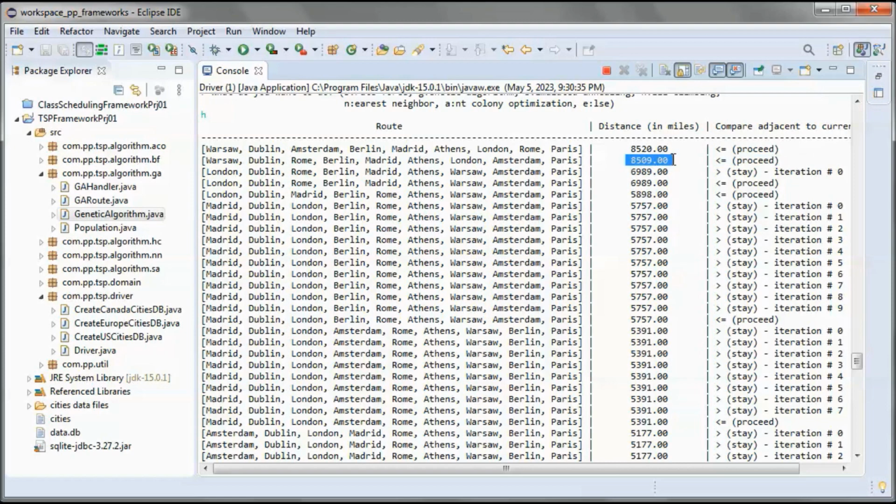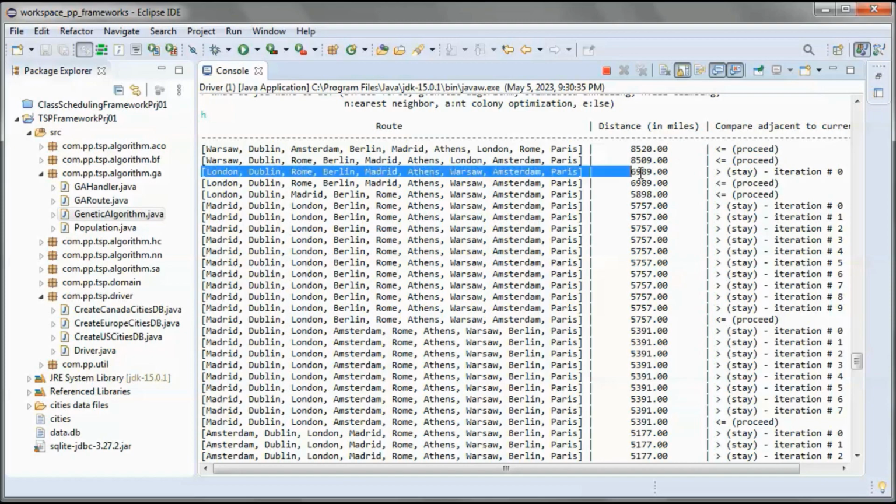So it has this distance. So now we are here, and the difference between those two is that we have Rome and Amsterdam flipped. So here we checked the adjacent route, and it has a shorter distance, so we proceeded.